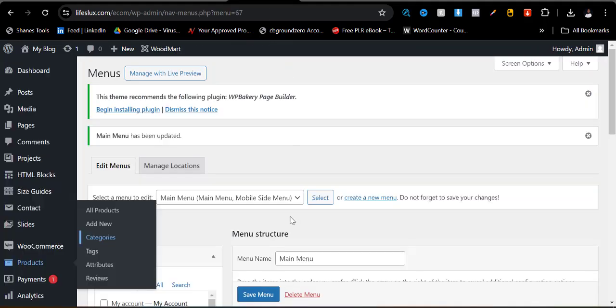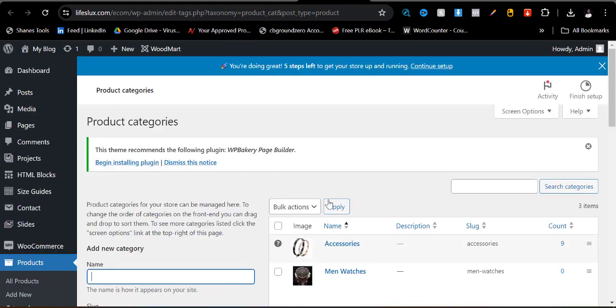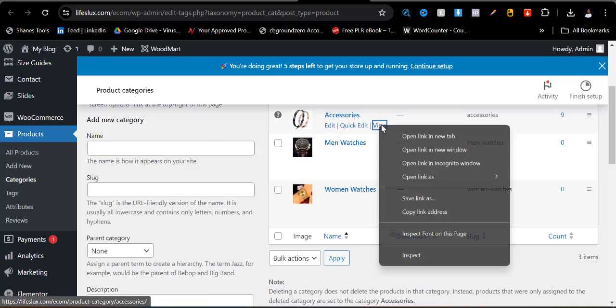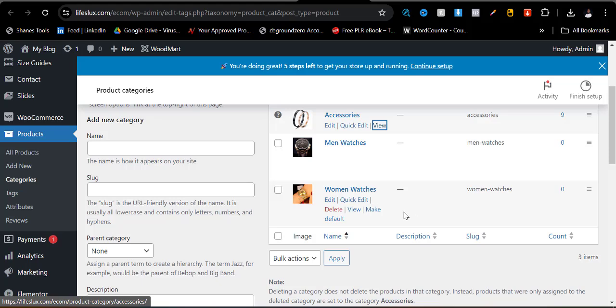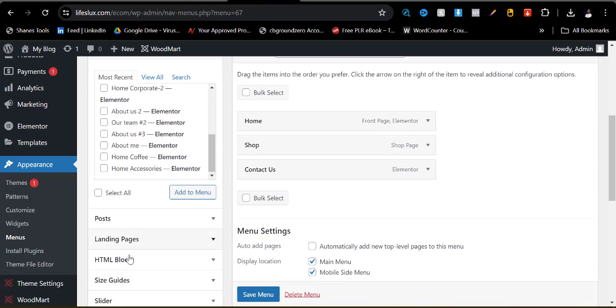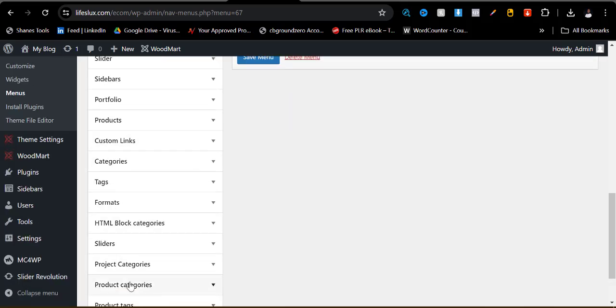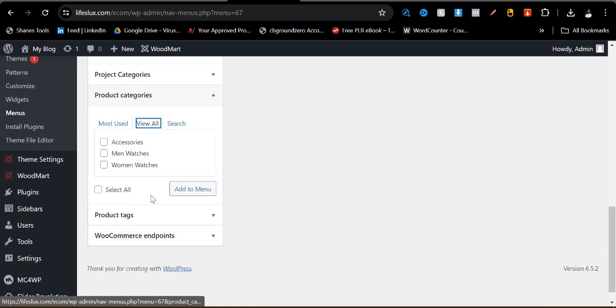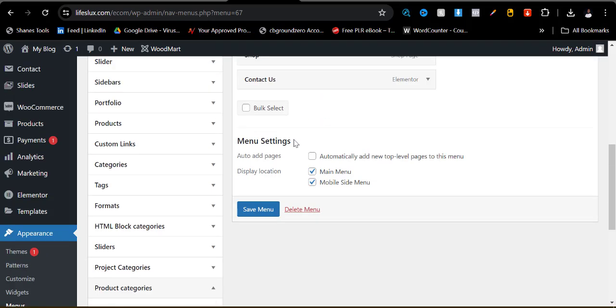So what I will do is I will come here. This is the category. The first category is the accessories. I will just right click on this view and copy link. I will come here too, back to where I have my custom links. Instead of just going ahead and stressing yourself in that process,